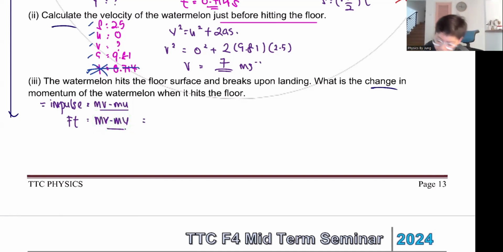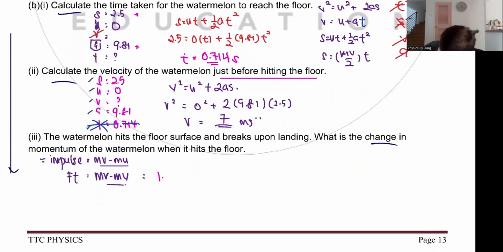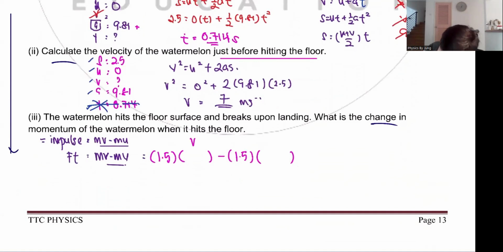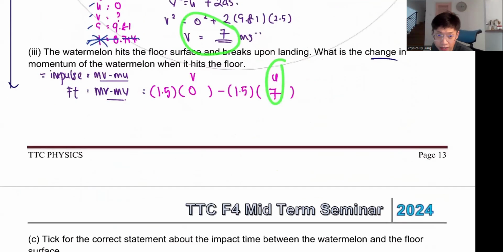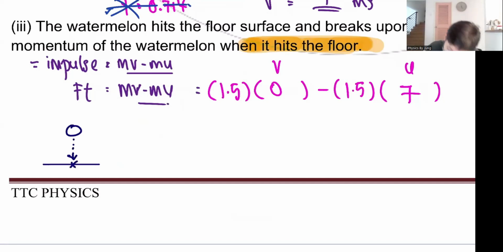Okay, the mass here is berapa? 1.5 kg. So the mass here is 1.5 kg minus 1.5 kg, another velocity. Okay, what is the final velocity? Okay, this one quite tricky. Why? Because the final velocity is 0, but the initial velocity is 7. Okay, kenapa? Why is this V 7, but this one becomes U 7? Okay, because now this one, we focus on when it hits the floor. When it hits the floor, bermaksud that when your this thing jatuh and it hits the floor.